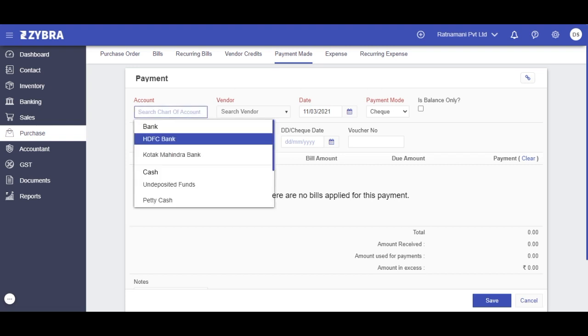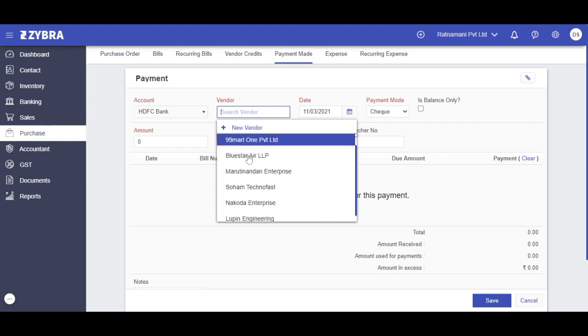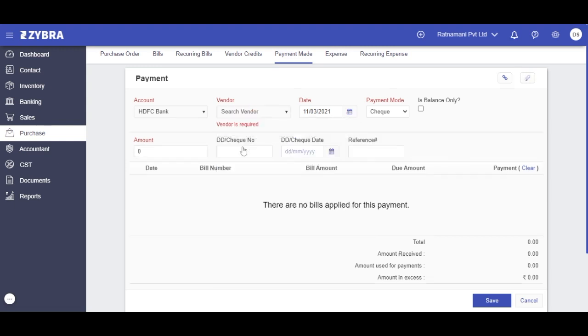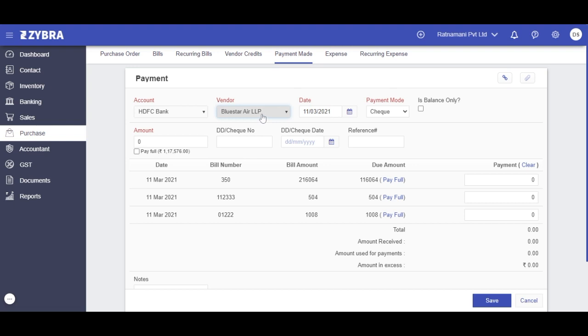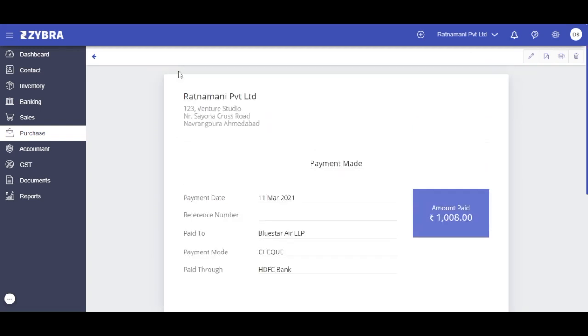Here it's an account. It means how you are going to pay your vendors, through bank or cash. Here you have to select the bank through which you are paying, and to which vendor. It's all your contacts, your regular vendors. You have to select the name here, and when you select the name of your vendor, you will see all the bill amount and due amount. It means this much amount is remaining to pay them. Okay, and you have to write the amount you are paying them, and then click on the save button, and your payment made entry will come here, and in one click you can also see it like this.